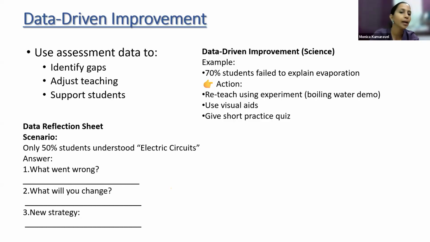Okay, so such misconceptions can be checked. And sometimes when you give a different assessment which is not aligned with the electric circuit, maybe students cannot answer well. At that time, you cannot depend on this data-driven improvement method. So you have to align your assessment, give some hands-on activity, and address the misconception. Also, when there is insufficient hands-on practice for these kinds of topics, students cannot understand. So you have to give all these things that are needed for the students.